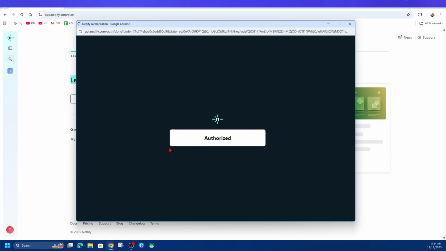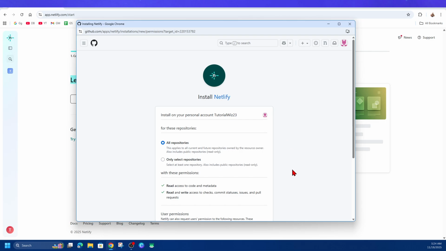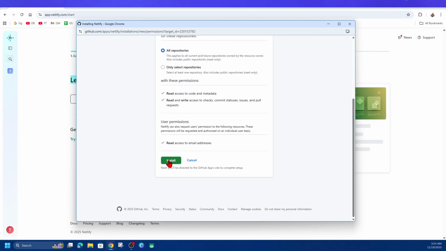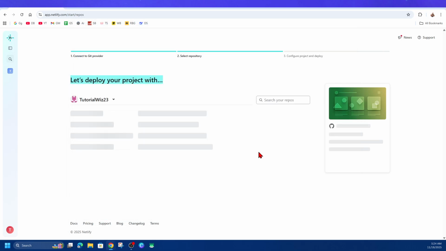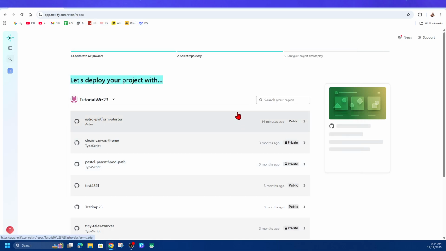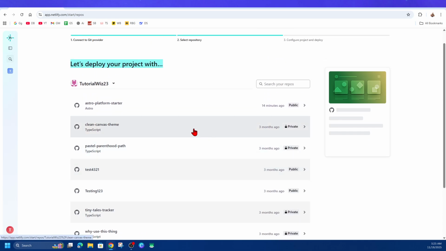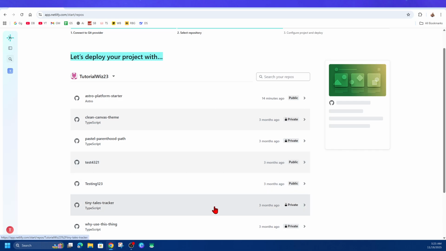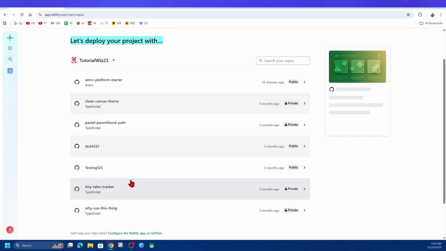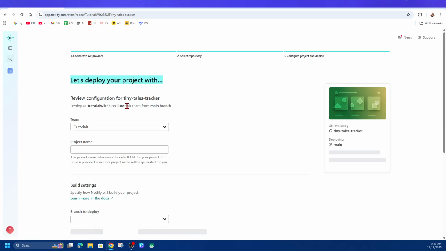Now once it's authorized, it's going to say install Netlify on your repository. So I'm just going to go ahead and click onto install. And now once we've done that, we can see all of our GitHub projects. So we can go ahead and deploy any one of these. So if I want to deploy this Tiny Tails tracker app, I can go ahead and